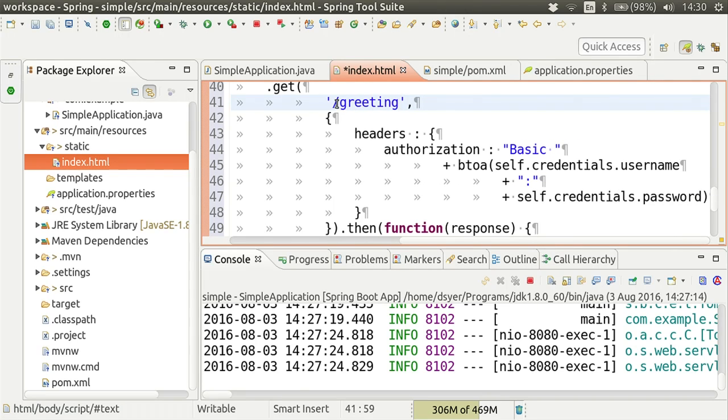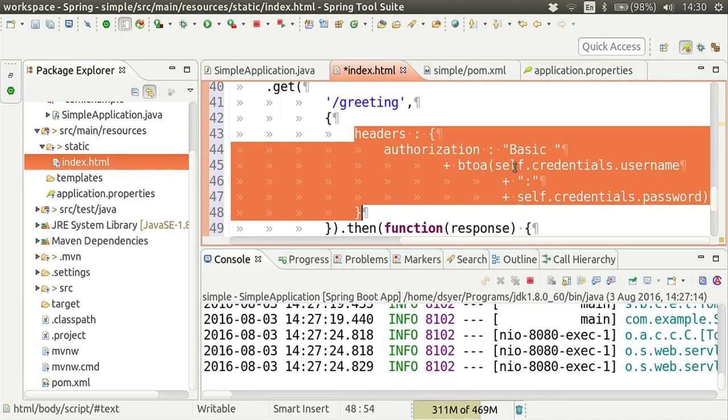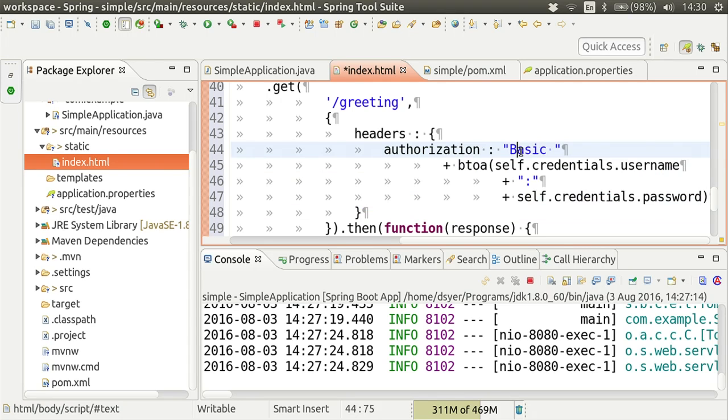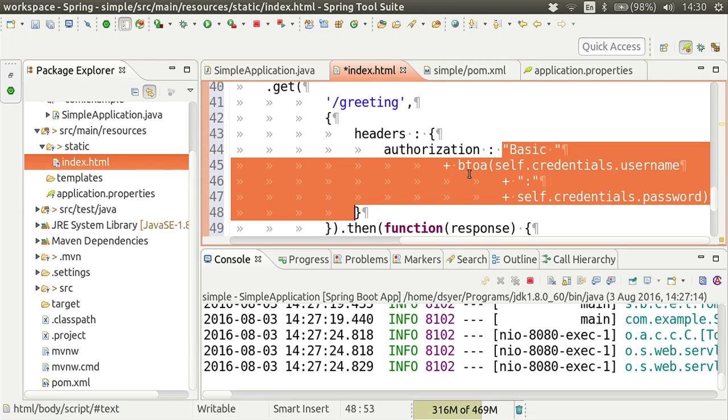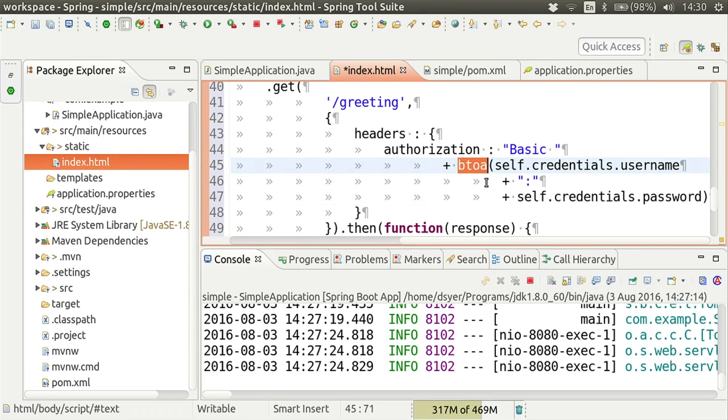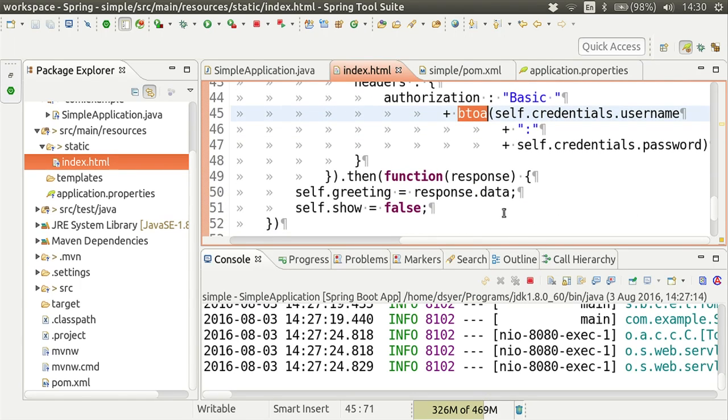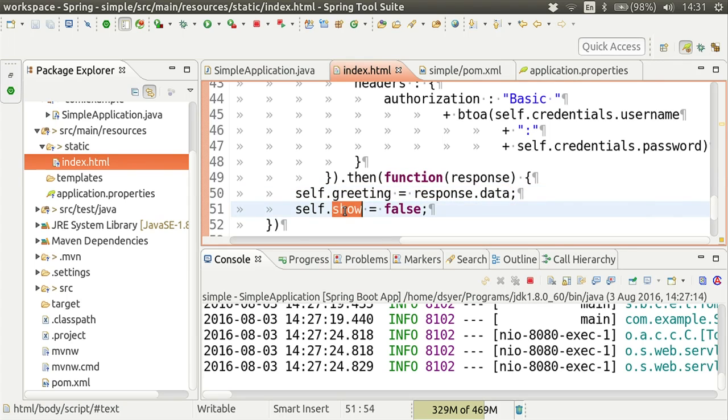So what that does is it sends a GET request to this greeting endpoint, but it adds basic authentication. This is the standard format for basic authentication with base64 encoded credentials. Absolutely nothing wrong with that, whatsoever. So inside that, I'm setting up the greeting now, and I'm going to do self.hide equals false,